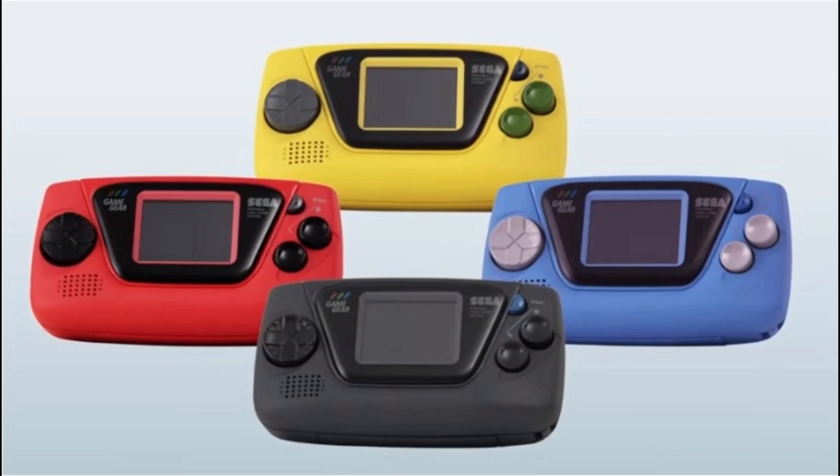So that concludes the Sega update featuring the Sega Game Gear Micro. So what do you think about the Sega update? Are you going to pre-order or pre-purchase the Sega Game Gear Micro in any color? Which color do you want for the Sega Game Gear Micro? Is it black, blue, yellow, or red? Which 4 games in any color? Is it Sonic, Sonic and Tails, Megami Tensei Gaiden, Shining Force, Puyo Puyo 2, or others? Is the Game Gear Micro